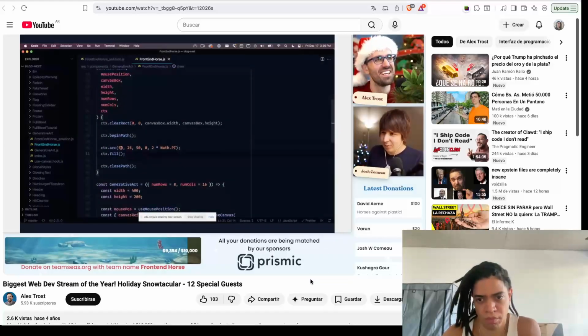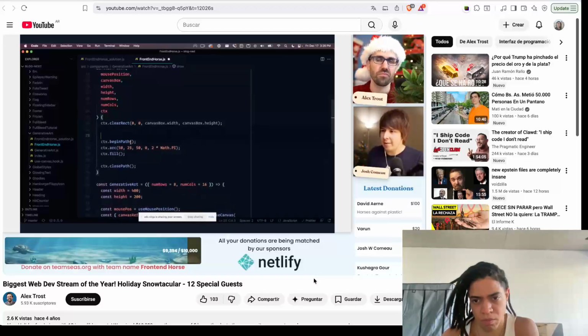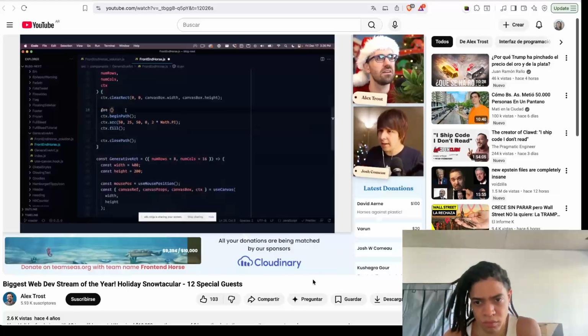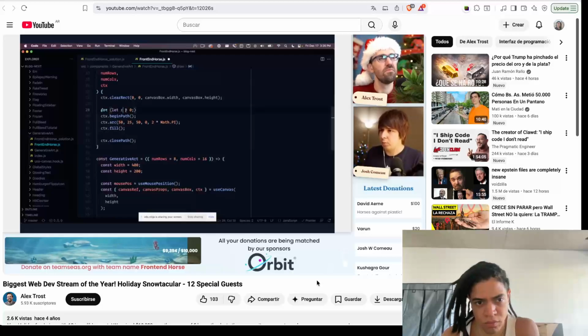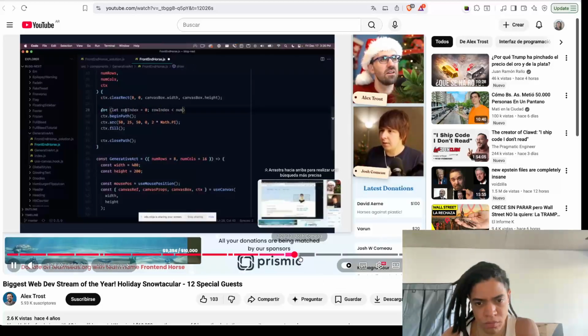Okay, that's all well and good, but I don't want to do this once. I have these number of rows and number of columns, and I want to go through and add a circle in every position. So let's add a for loop. It's common to use i for this, like i equals 0, but I don't like i, so I'm going to say row index. While row index is less than num rows,